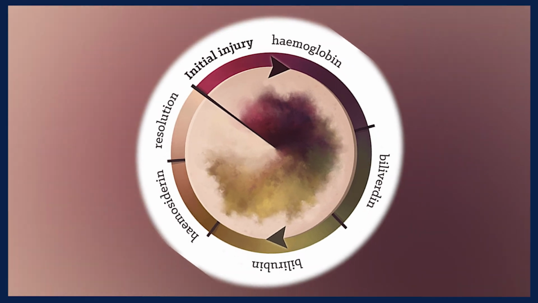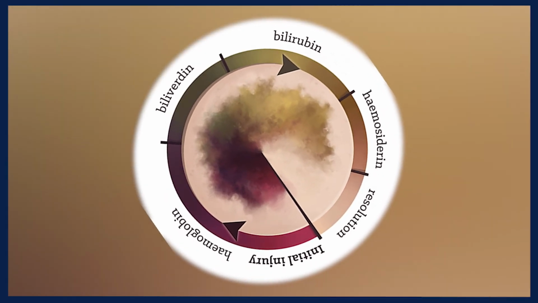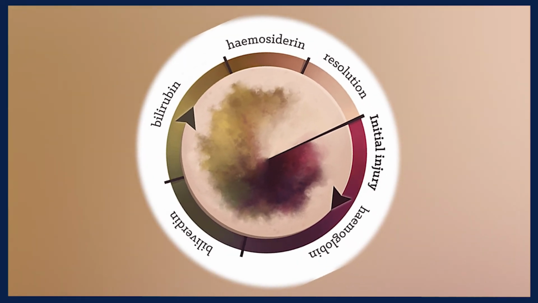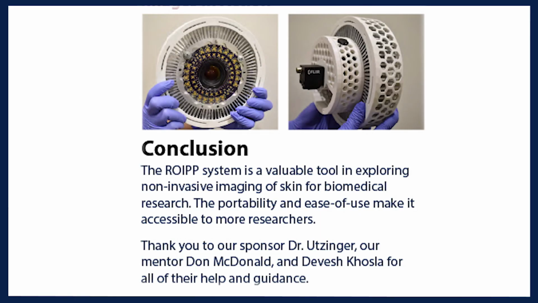By observing how much blood flows through the bruise, or the alternative paths it may take, researchers may be able to conclude information about the bruise itself, such as its age. With the completed ROIP, the sponsor will be able to explore skin-related biomedical research that may lead to future medical